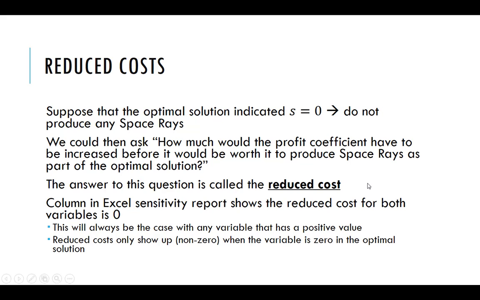So up in that top part of the sensitivity report, there's another thing that we need to look at that concerns the objective function. We're going to look at the thing called the reduced cost. And so what happens is,